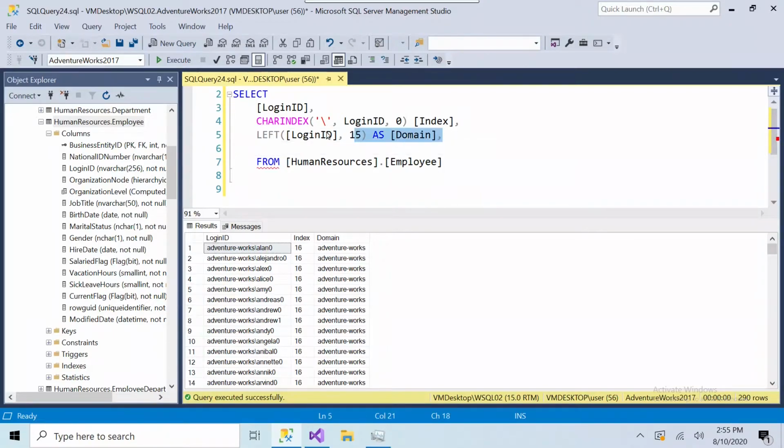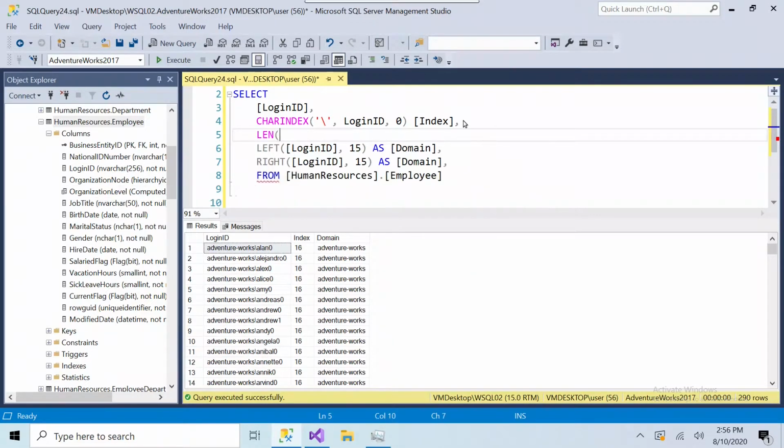So what if we get the other side now? We need the login. We're starting from the right side, same field, the login ID, except 15 is not right. So how do we get the last part of the string using the character index? Because we know what the slash is. What we can use is something called the length, L-E-N. We haven't looked at this one yet. But the length will tell you the length of the string. In fact, let's call this as